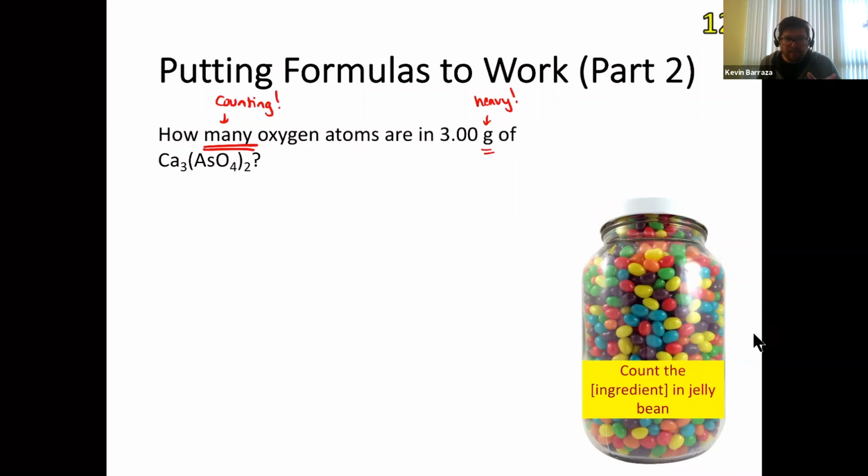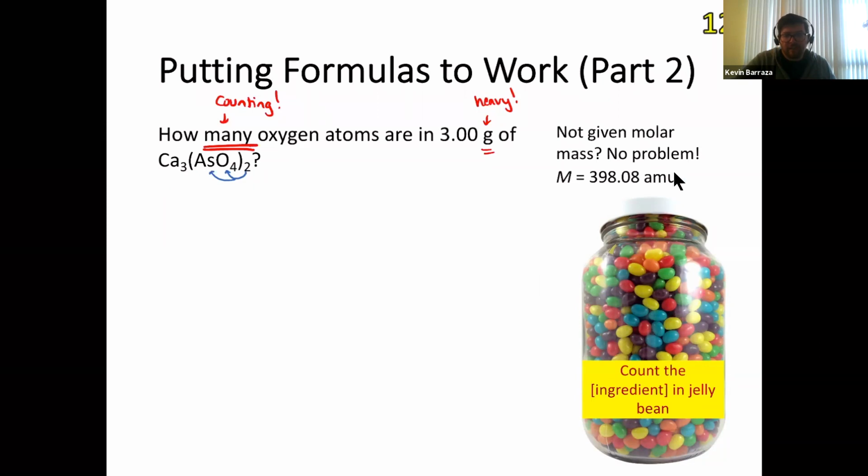Uh-oh, but this question ends in one statement. We don't have a molar mass. Not given the molar mass, what do we do? We go to our periodic table and we count for ourselves. So that's going to be 3 calcium, 2 arsenic, and 8 oxygen. Remember, it's because we have to distribute the number outside the parentheses. When we do that, we get that the molar mass is